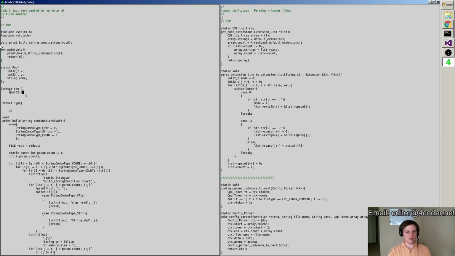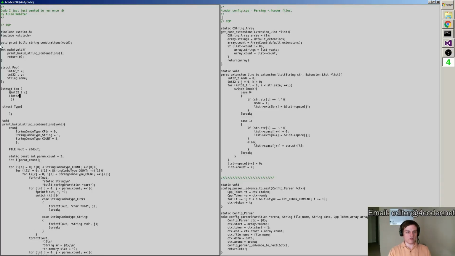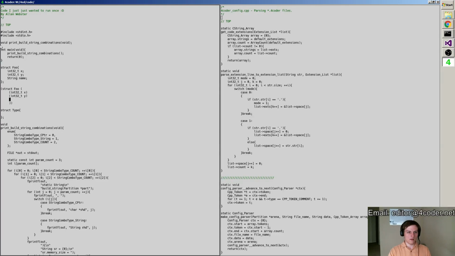We have an int32 called x, we have an int32 called y, we have a string called name, right? So, from the Lisp perspective, this is like an array, or a list of things, and in there I have the name foo, and another array, and that array contains three more arrays, and those are int32 and x, int32 and y, and string name.